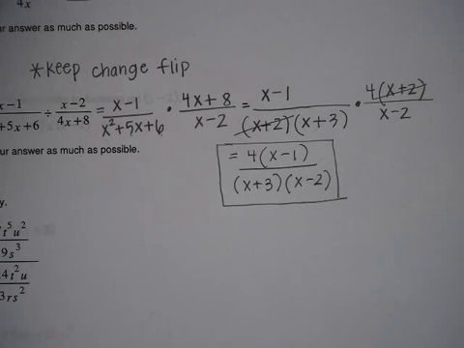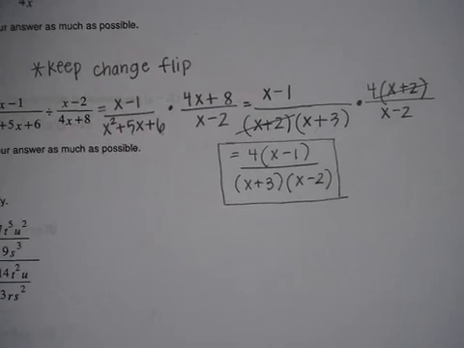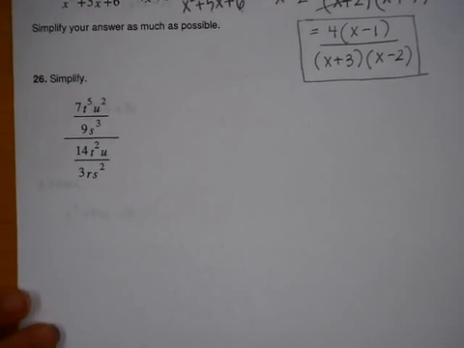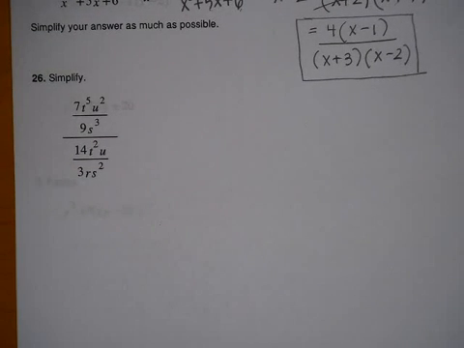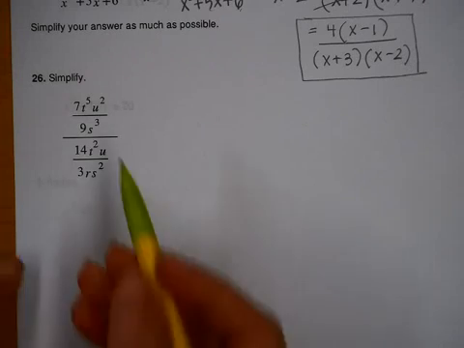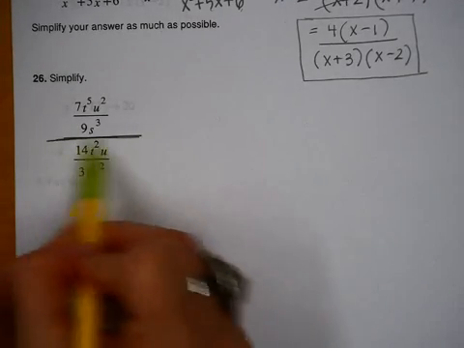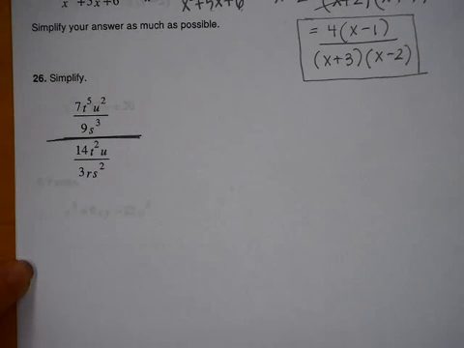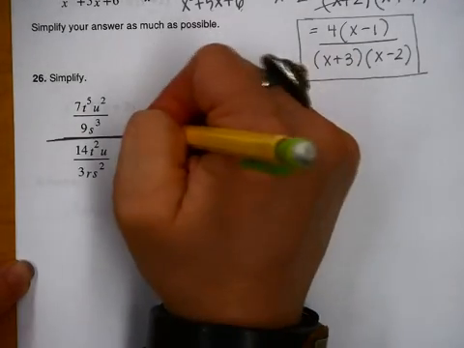Alright, final one. Let's look at number 26. Okay? Now I know this is written differently, but we're still doing the same thing, right? Because what is this bar right here in the middle? Division. Okay, so I'm still doing keep, change, flip, right? So we're going to keep